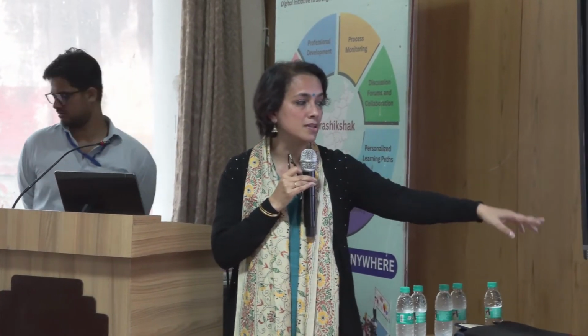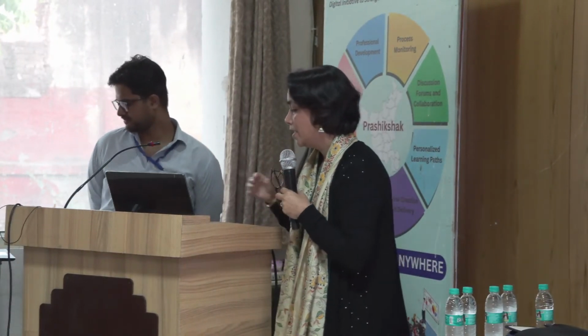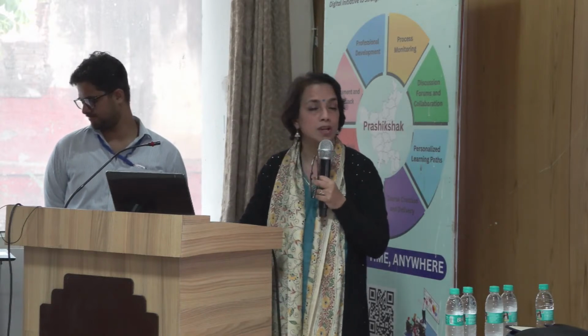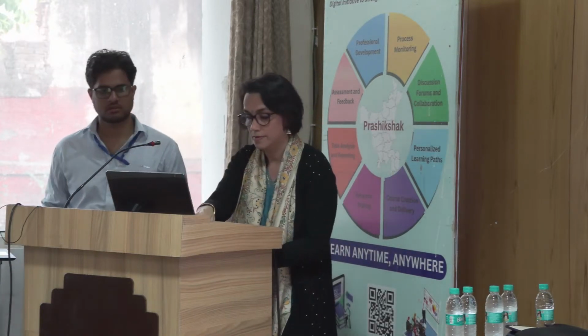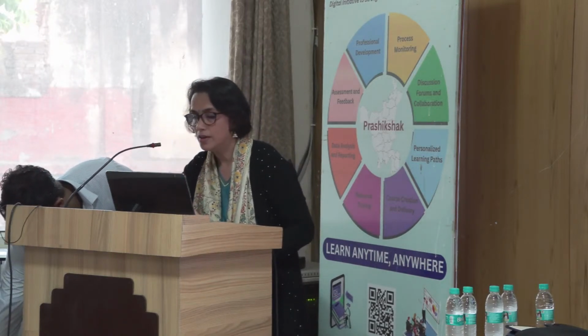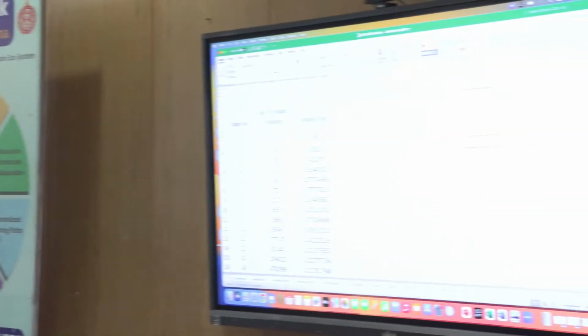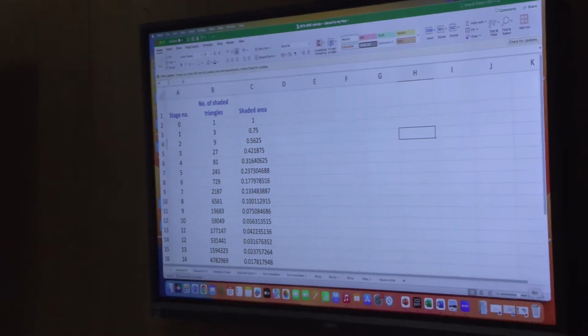You can also introduce to slightly older students this recursive rule: the number of triangles at any nth stage is 3 times the number of triangles of the previous stage. It's an important notation to introduce at this stage. Then you can ask them to pull up a spreadsheet. So, for example, let me see. Are you able to see? So there is a spreadsheet here.